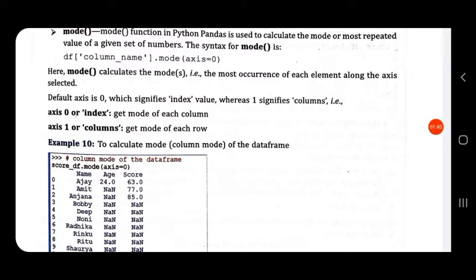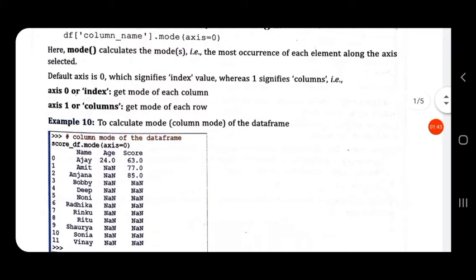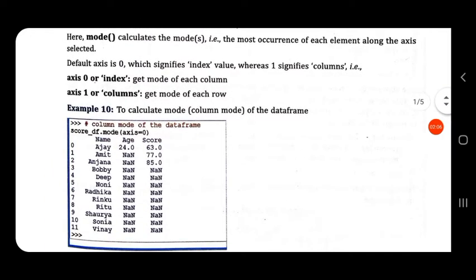So default axis is 0, which signifies index values, where 1 signifies columns. Axis equal to 0 or index get mode of each column, and axis equal to 1 or columns get mode of each row. That is, if we give axis equal to 0, then the mode value is calculated for each column. Suppose name is a column, then it will calculate the number of repeated values in the name column, or age column, the repeated values in the age column, or the score column.